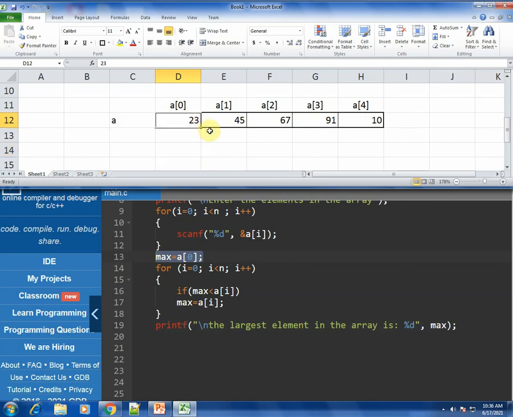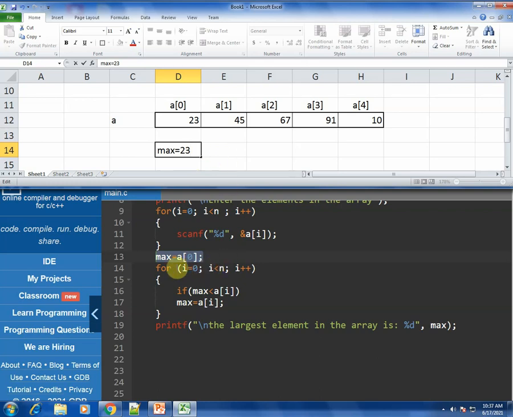So in my example, in a of 0 there is 23. Alright, so let us assign max to 23. Max is now having value of 23. Okay, max is a variable basically.